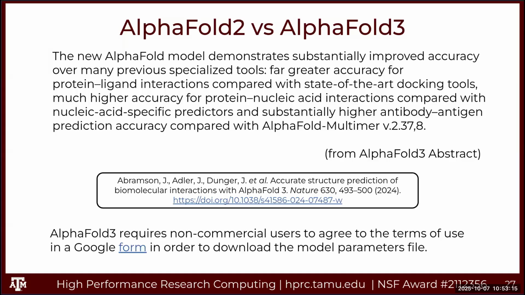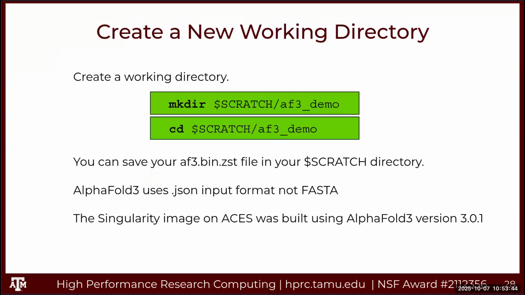You may still want to use AlphaFold multimer. You can always run each of those and just test the output if you have any doubt about which one to use. And of course, you'll want to cite the AlphaFold 3 paper if you use AlphaFold 3 in your research. All right, to run AlphaFold 3,